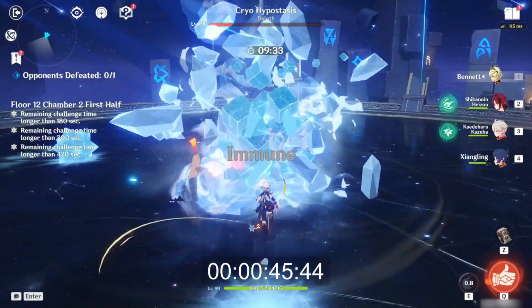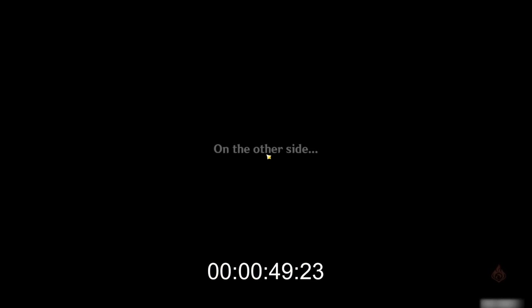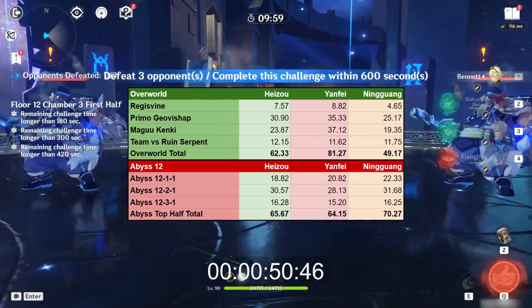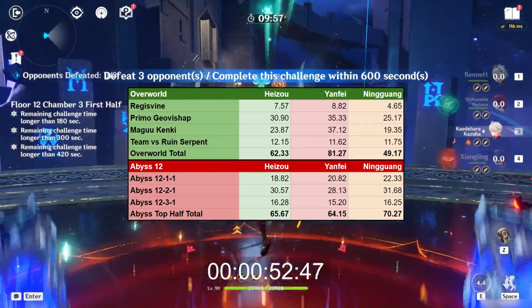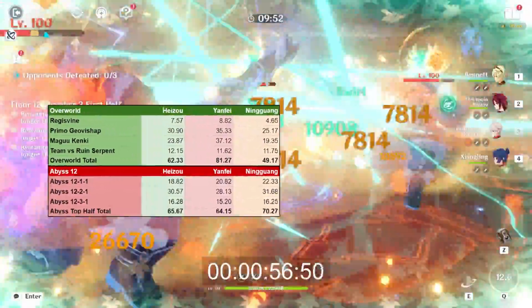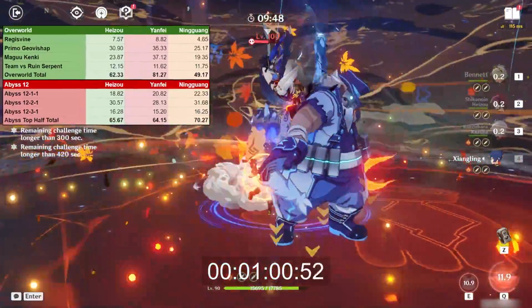So there you go, a DPS showdown between our favorite 4-star main DPS Catalyst characters. Overall, I think all three of these characters are very viable and quite strong. Heizou having some nice damage per thumbnails and Ningguang having some great single target burst damage. Yanfei did feel noticeably weaker without reactions, but once Melt was in play, Yanfei easily caught up and held her